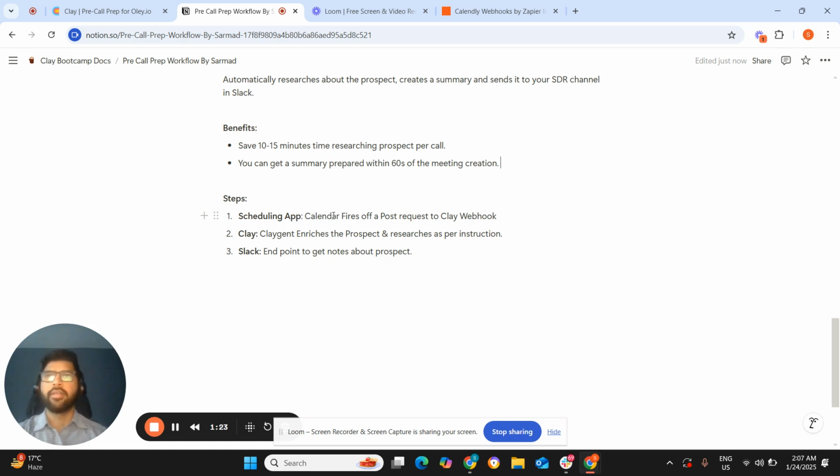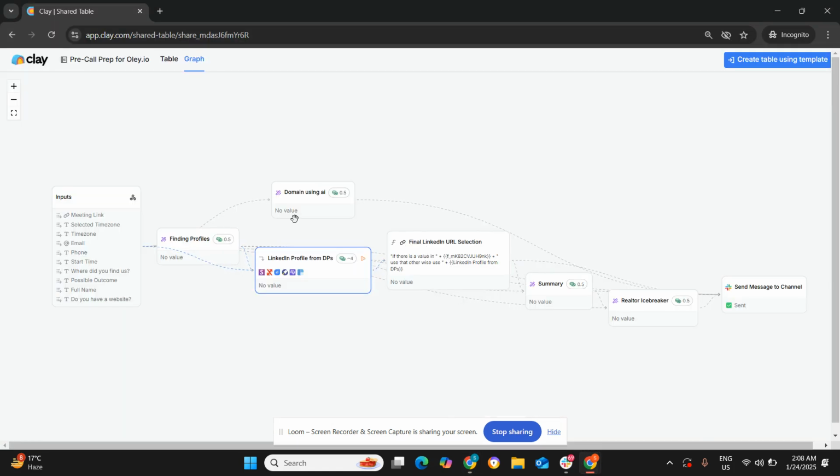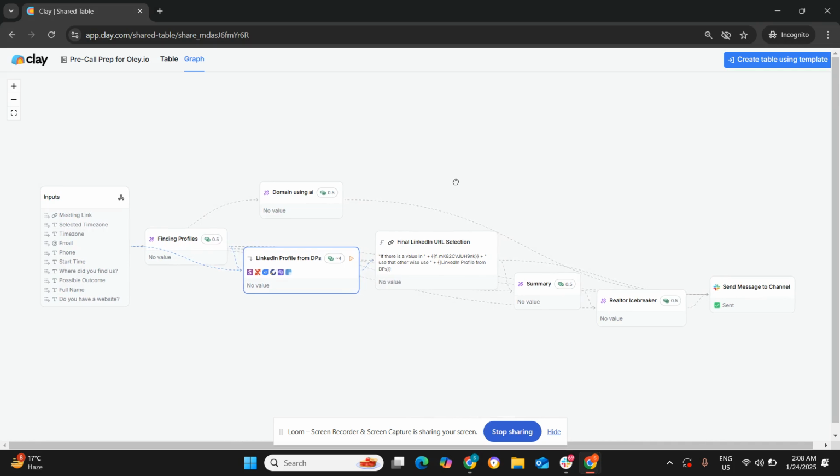That app fires off a POST request to a Clay webhook, and then Clay captures that webhook payload, and then the Clay agent enriches the prospect and researches the prospect, and then finally sends it to the Slack channel. You could send it to your Notion, Google Docs, or Google Sheets, or any other platform where you want your end notes to come. So yeah, let's quickly go through this Clay table in the graph view,